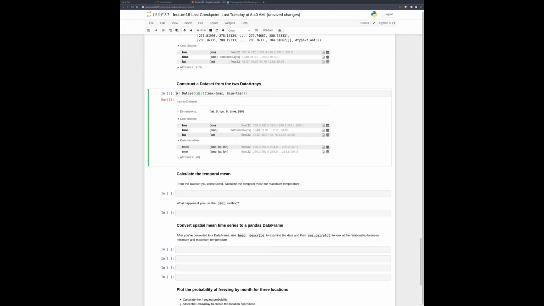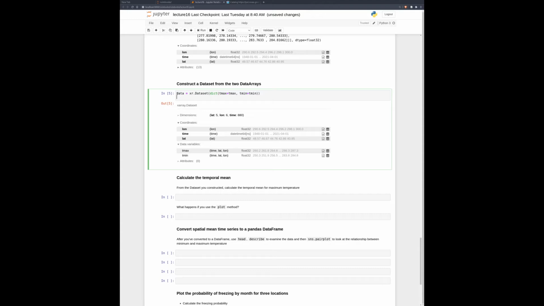So let's name this. Let's name it data. And let's look at it again. There we go. And again, we're copying the tmax and tmin with their dimensions and their coordinates, and we're sending them into this data set. Now the only thing here is that attributes are not being copied, but look into the